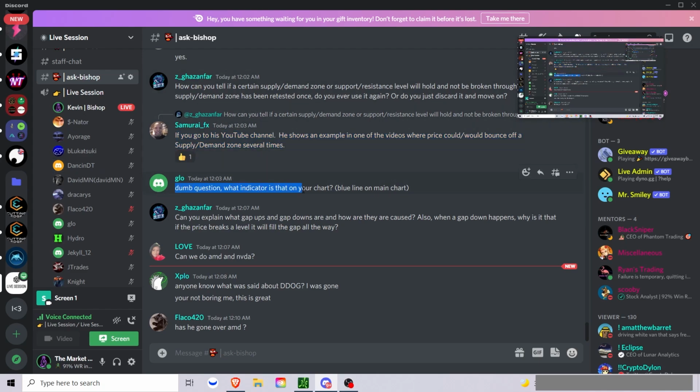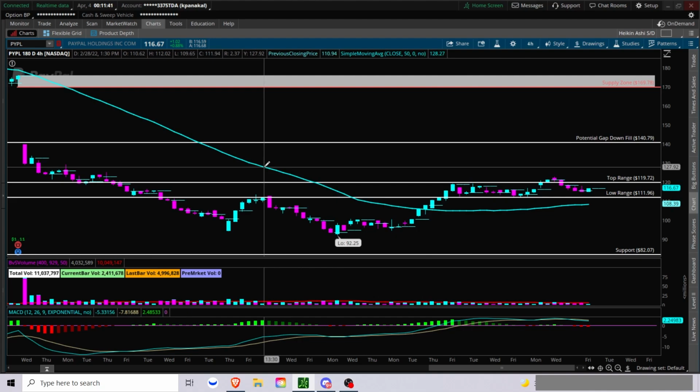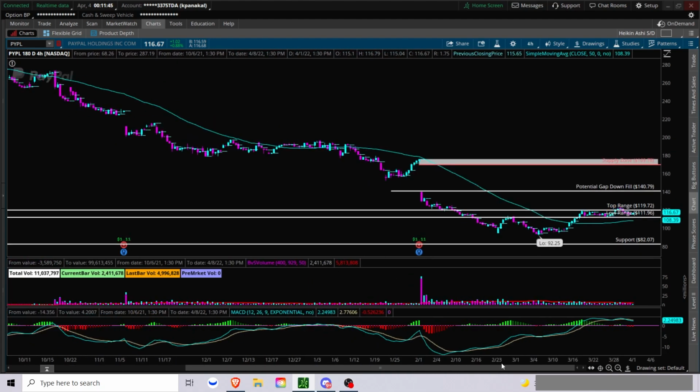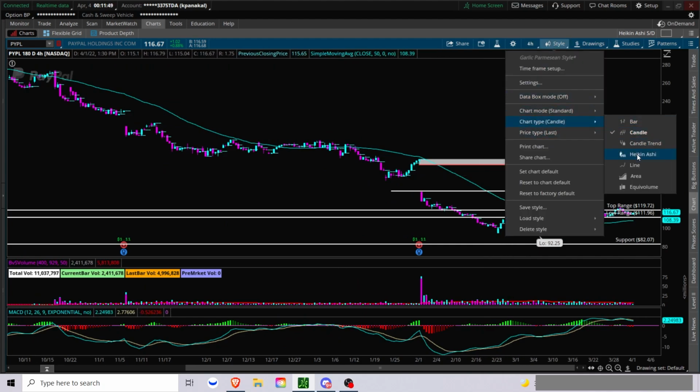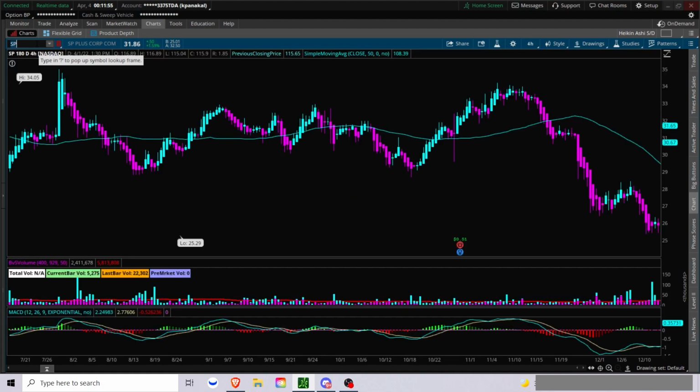Dumb question, what indicator is that on your chart? The blue line on the main chart? That's not a dumb question at all. So this line here, I don't use it as much, but it's actually the 50 SMA. The way I personally use it, when it comes to the Heikin-Ashi strategy that I talked about, basically anytime the stock,